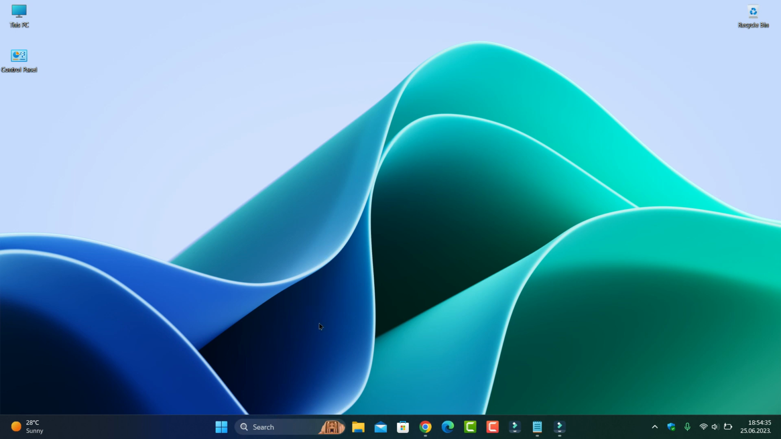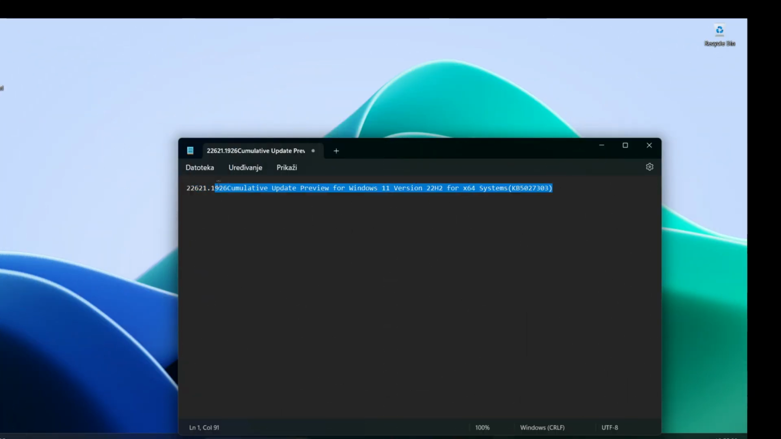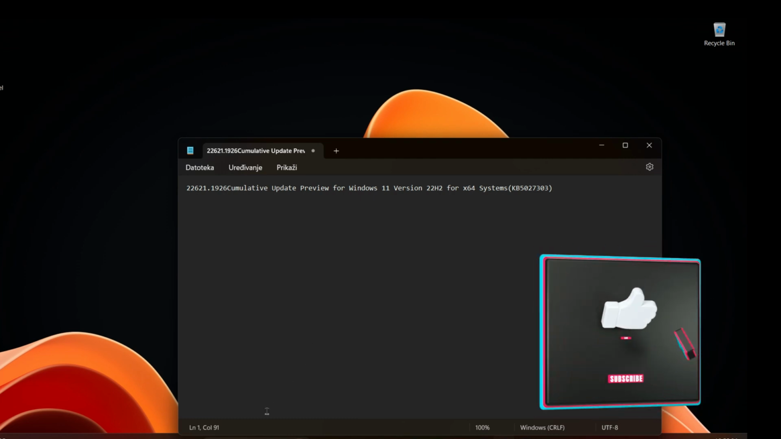First of all, I was on the latest version, and this is that version: 22631.1926, cumulative update preview for Windows 11. It is the latest build. You see KB5027303, and it was the latest build, but let's go now to my previous version,